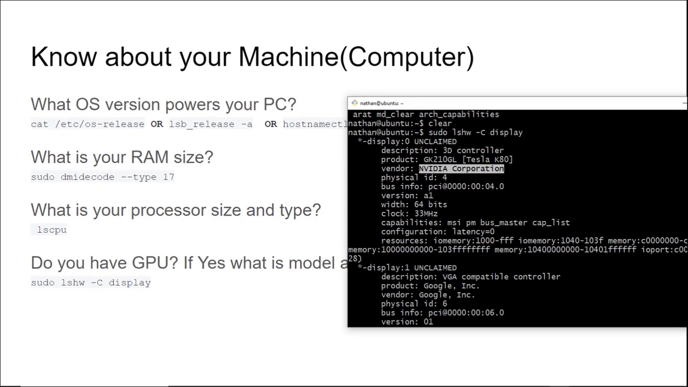So what next? We already know about our RAM size, we know about our GPU, we know about our processor architecture and frequency, and we know about the operating system version. So we are good to go. So the next step is to